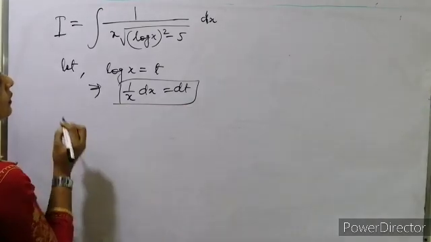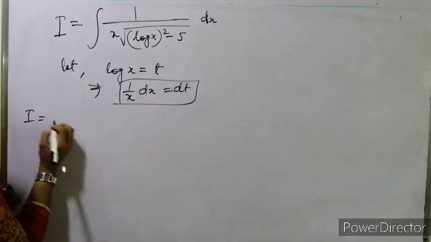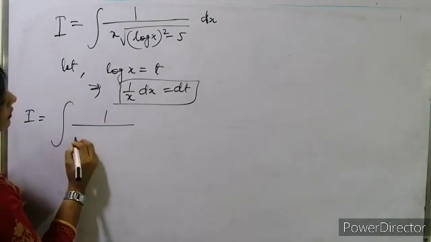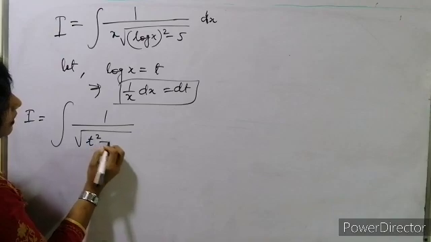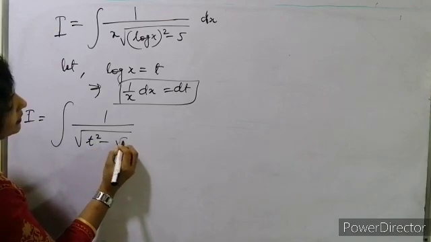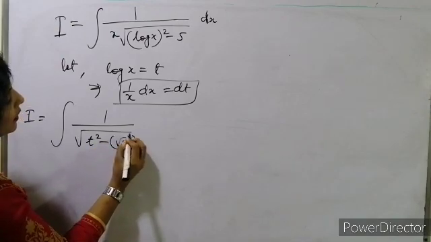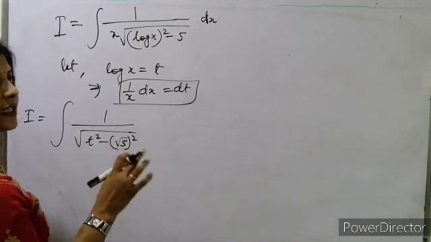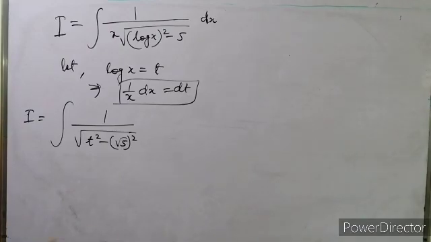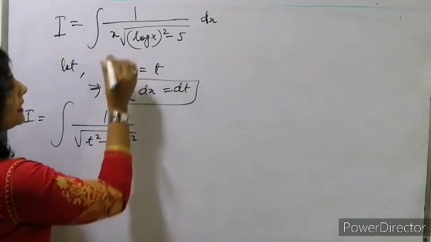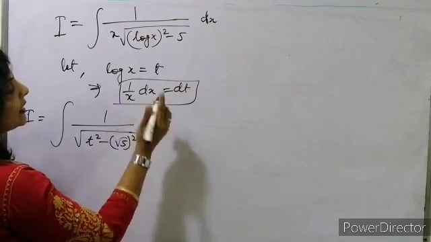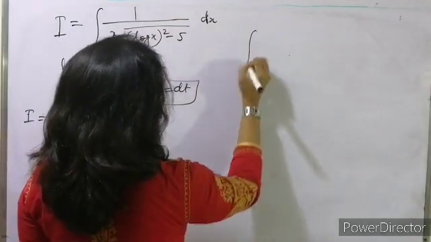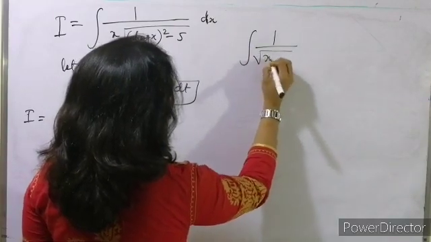Okay, now the function I this will be, ये क्या होगा? 1 upon square root of t square minus 5, जिसको हम can write square root of 5 का whole square. Okay, so now t minus मतलब x square minus a square के formula पे we have to solve this, and 1 upon x is there, तो 1 upon x dx is equal to dt. Okay, now तो ये formula कौन सा we are applying here? 1 upon x square minus